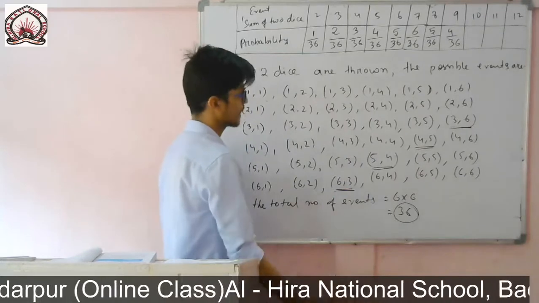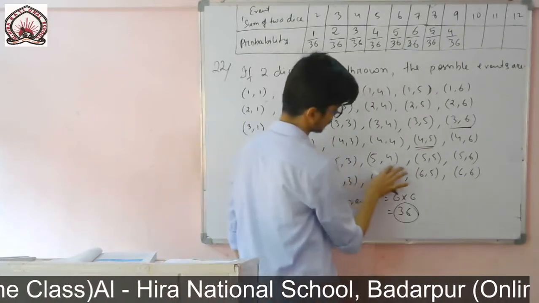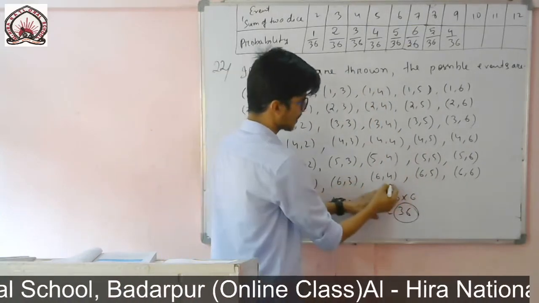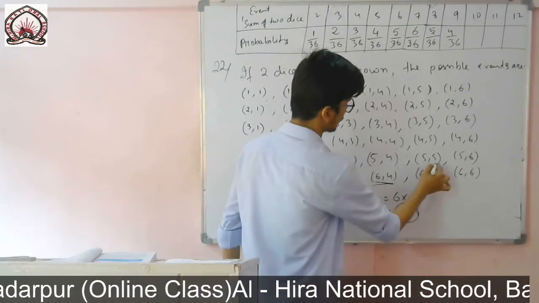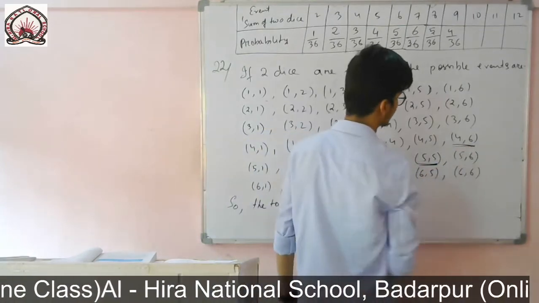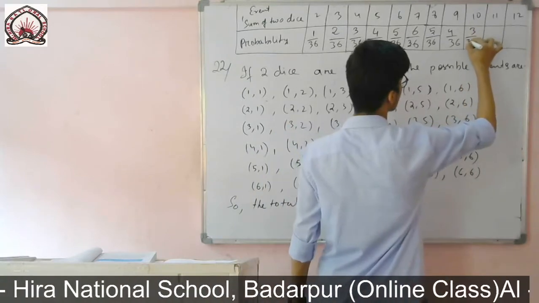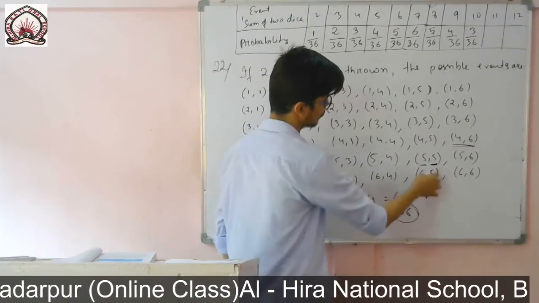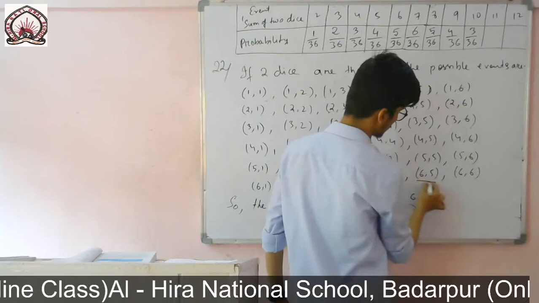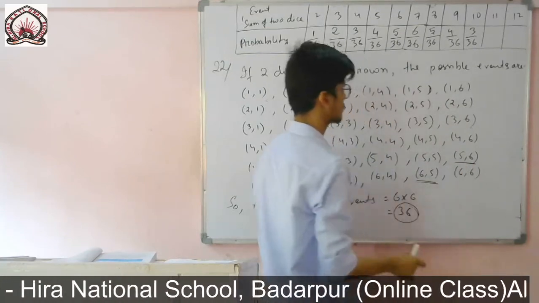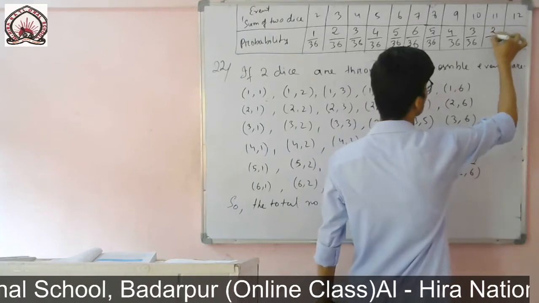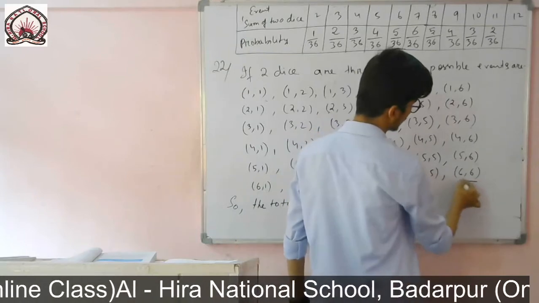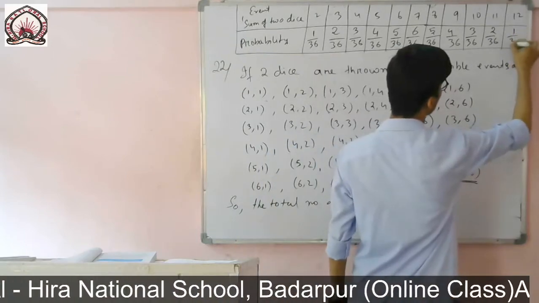So now we'll start for 10. In this row the maximum is 6 plus 3, 9. So here you will get 10. 6 plus 4 is 10, 5 plus 5 is 10, 4 plus 6 is 10. So 3 events, it is 3 by 36. So now 11. For this row the maximum is 10, 6 plus 4. So now I will move to this one. 6 plus 5 and 5 plus 6 is 11. So 2 by 36. Then you see for 12, only 1: 6, 6. So 1 by 36.